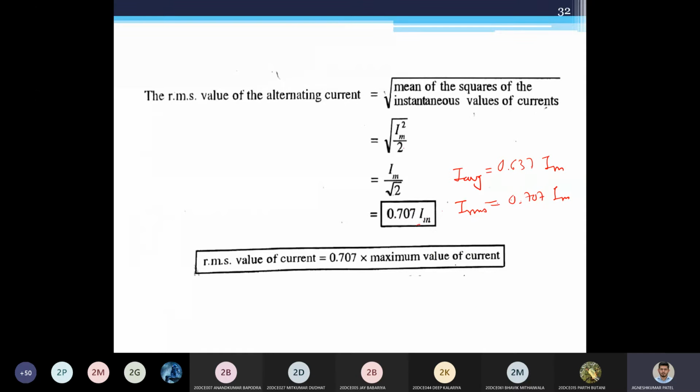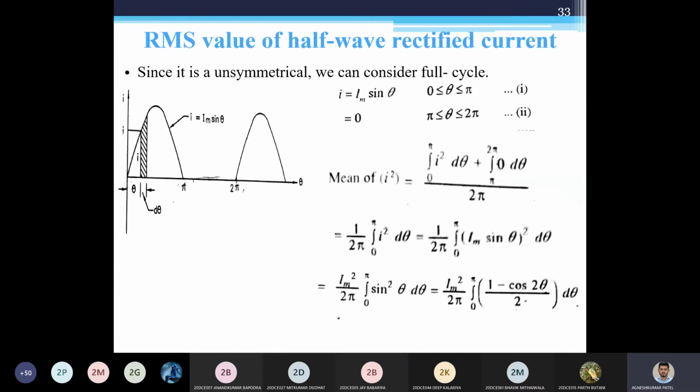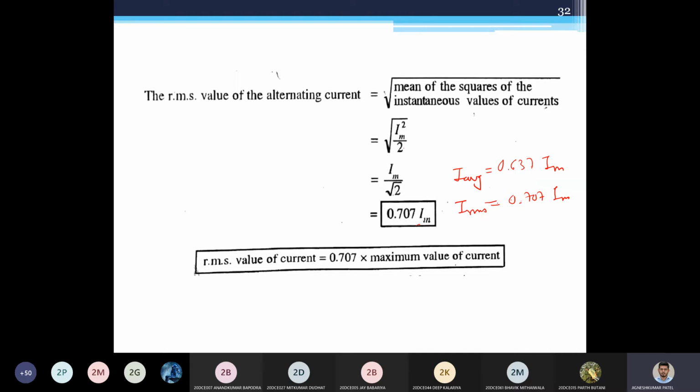Now, one more thing happens in case of RMS and average value. Whenever there is a spike, these values change. For example, whatever voltage or current we measure using a voltmeter, right now we have those yellow meters. You must have seen that kind of meter. That meter always measures the RMS value. So if you put a voltmeter in that socket and it shows 230, it's actually an RMS value. It's not a peak value, not an instantaneous value, but an RMS value.